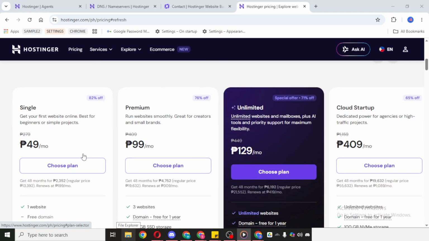Here, you'll be able to see the hosting plans offered, such as single, premium, unlimited, or cloud startup, depending on what is currently available. Take your time at this stage and read through the offers carefully. Each plan usually comes with different features, storage limits, performance levels, and allowances for websites or traffic. Choosing the right plan depends on what kind of website you want to build and how much flexibility you may